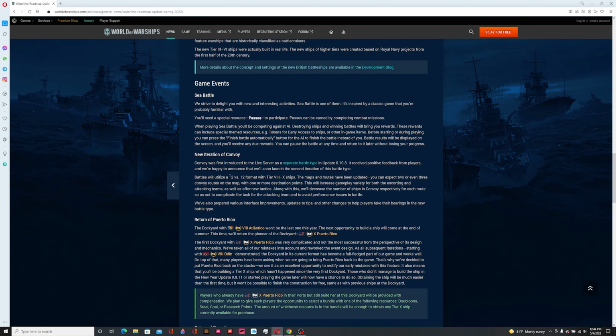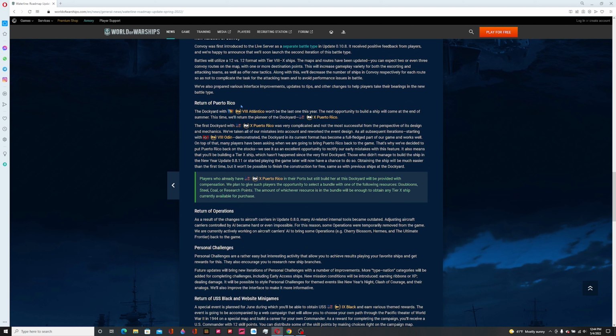Convoy coming back. We got even more routes, one or more destinations, increased variety. Along with that will decrease the number of ships in convoy for each route. Also prepared various interface improvements. Landedkiller won't be the last one. Instead, they'll come back with Puerto Rico, which was a giant,